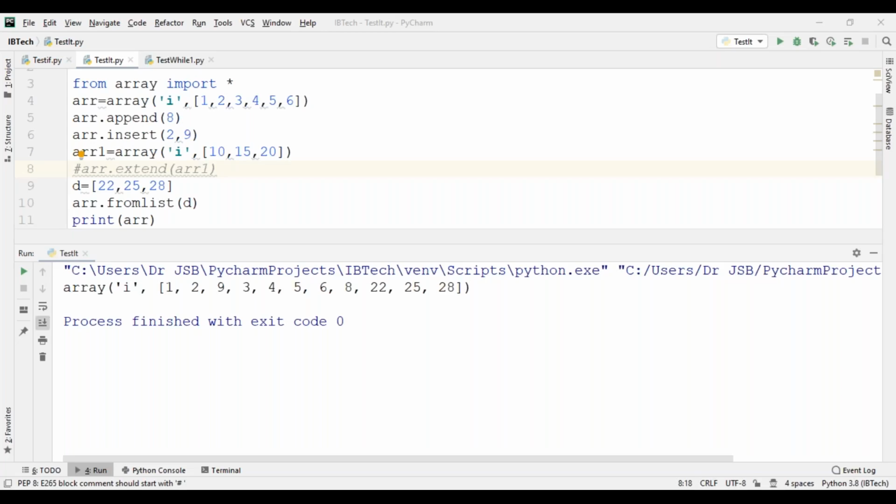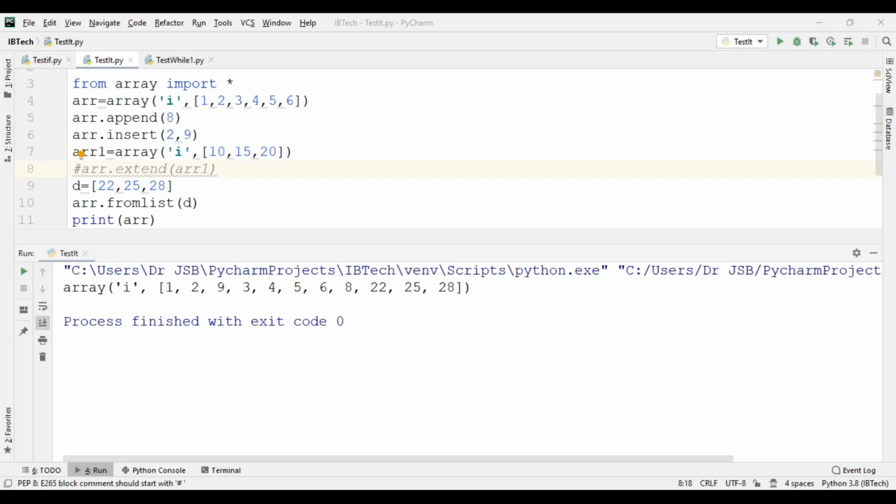Yes, sir. Okay, now previously what operations have we seen? Addition, insertion, fromlist, extend, etc. Now, remove operations.